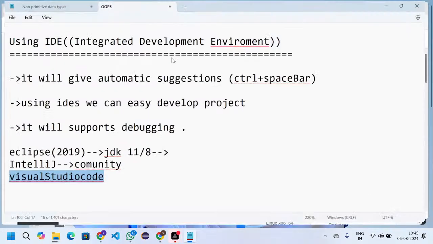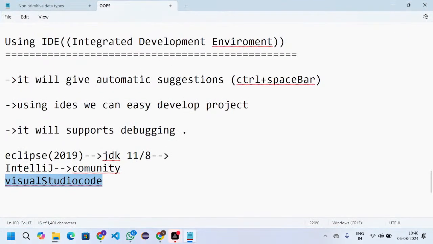For core Java, any version you can use, no issue. For AEM, I am saying